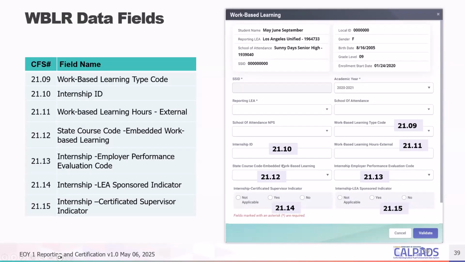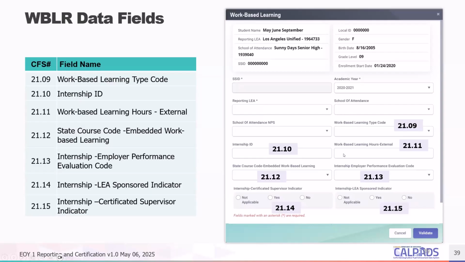For internships, the state course code has to be either a CTE state course code or work experience education state course code, while simulated work-based learning and student-led enterprise can be any state course code. Now, internship ID just identifies which internship the student is taking within your local system.